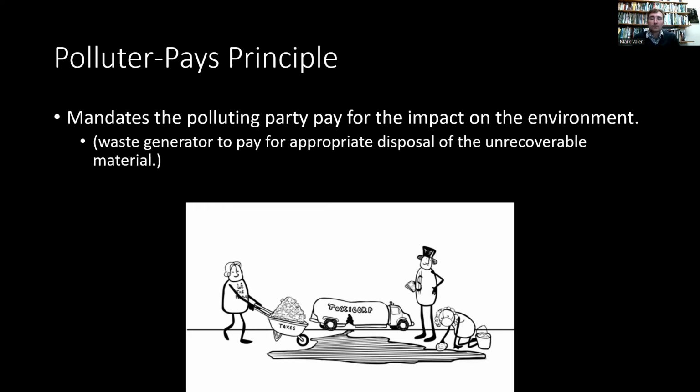This could include all sorts of things, everything from the pharmaceutical industry, people who produce medicines. When those medicines are maybe flushed down the toilet, they enter the environment and cause all sorts of problems. Well, the polluter pays principle basically requires that the pharmaceutical industry take back their medicines and recycle them appropriately, otherwise pay for the environmental damage done. And you can imagine similar things for all sorts of industries, including